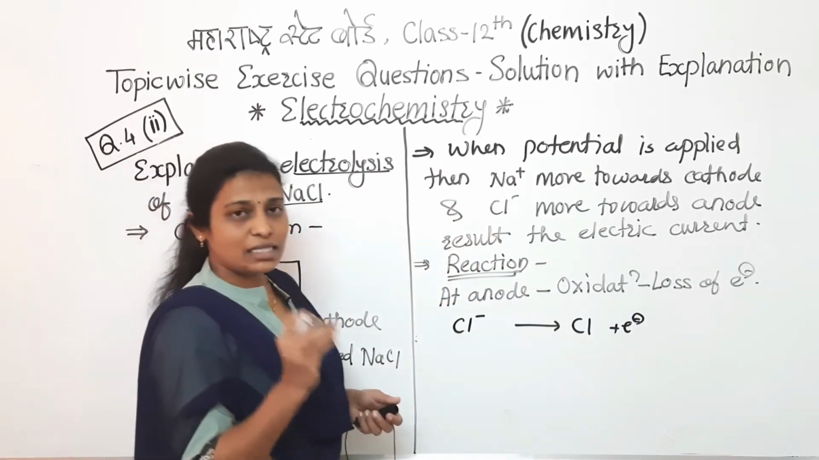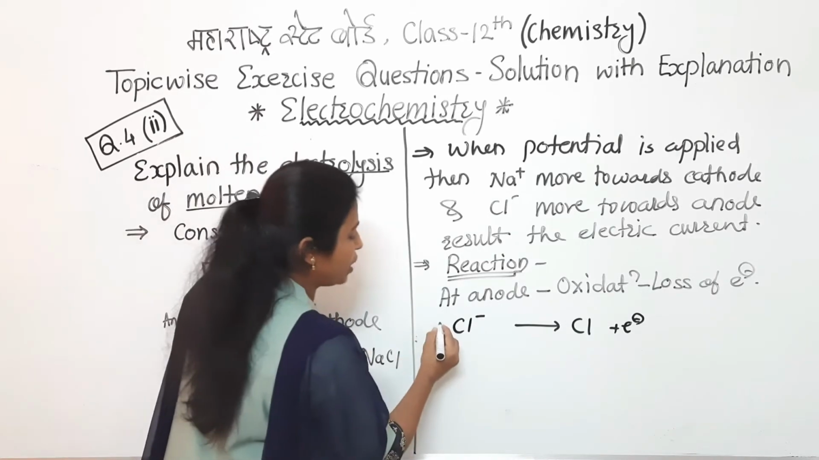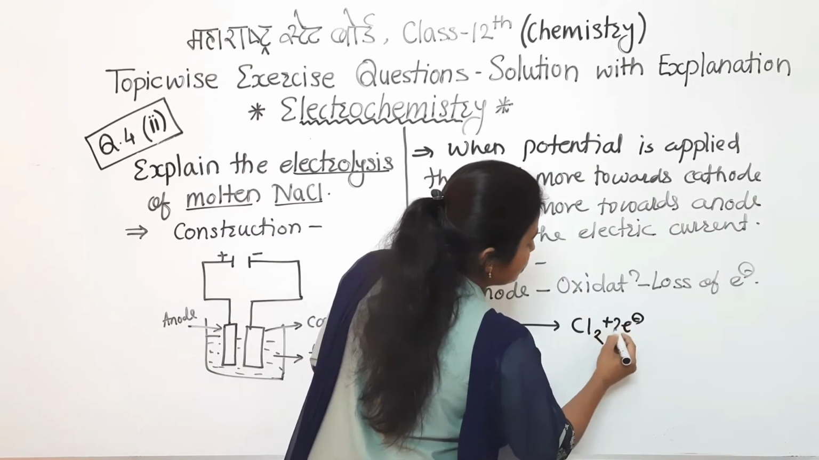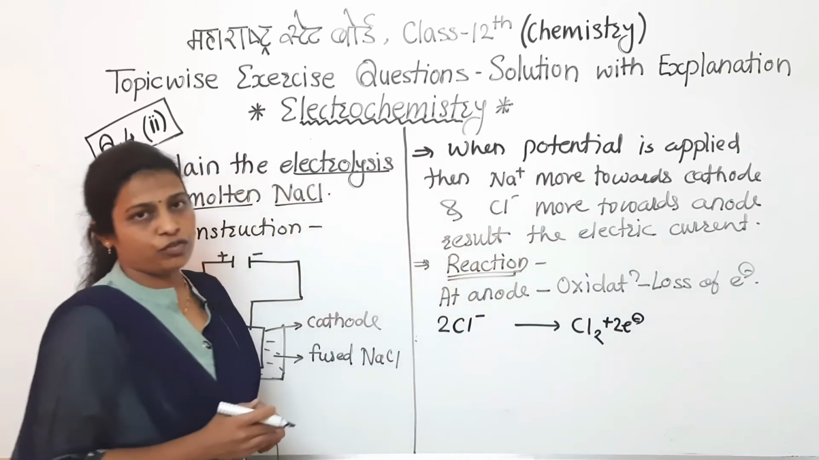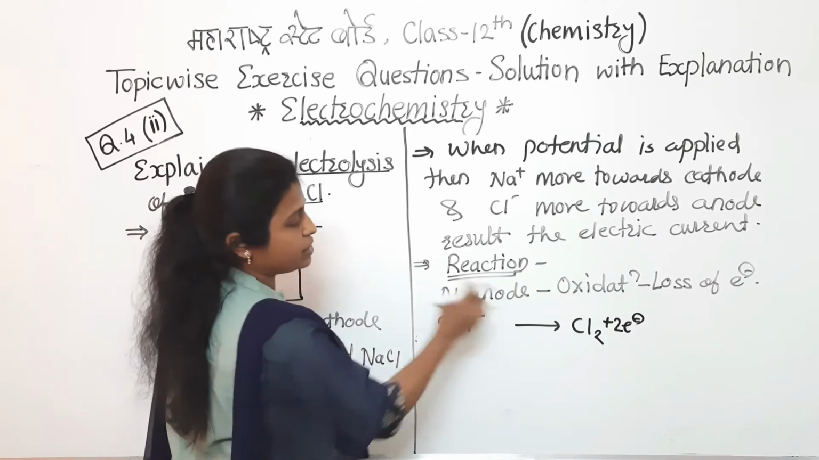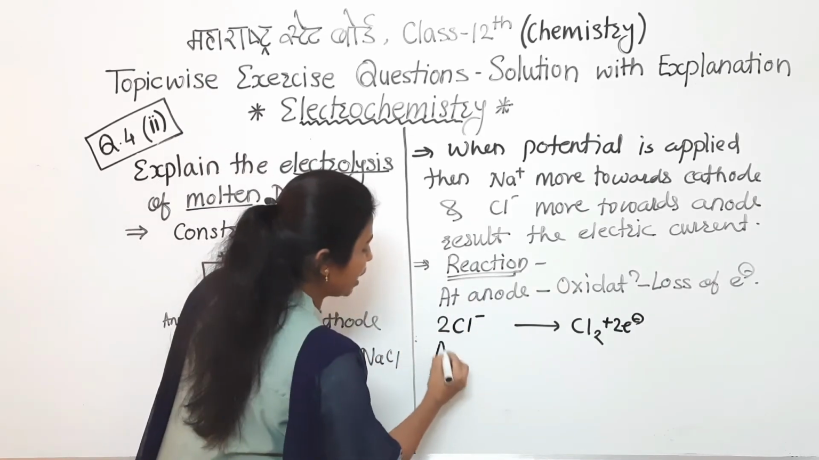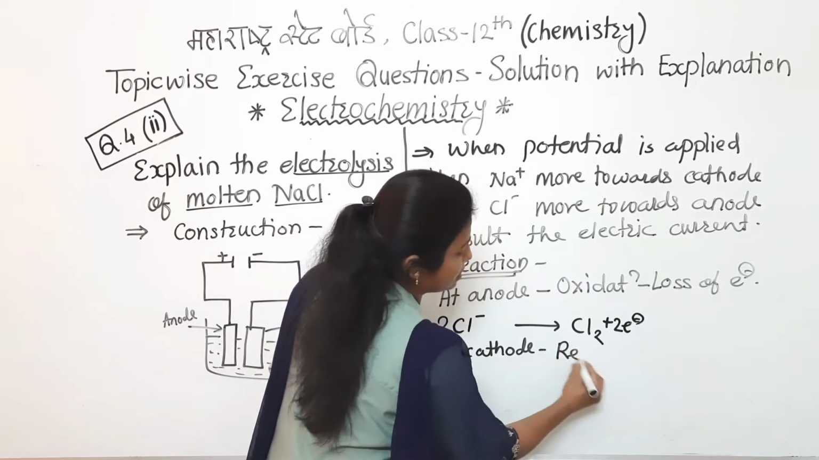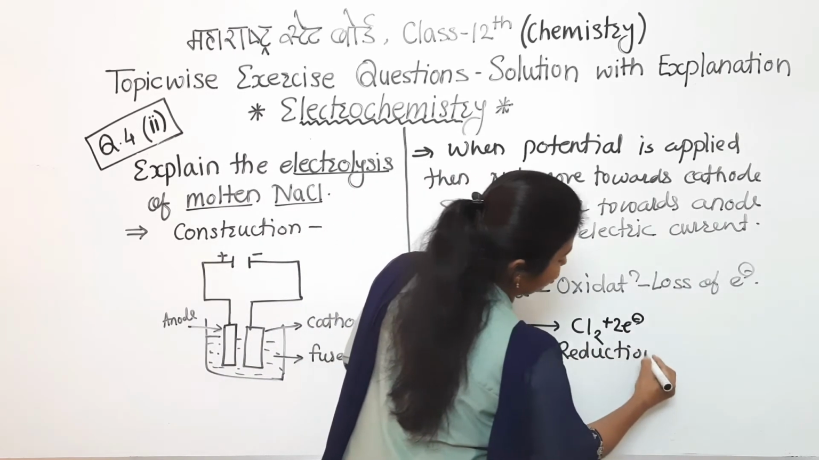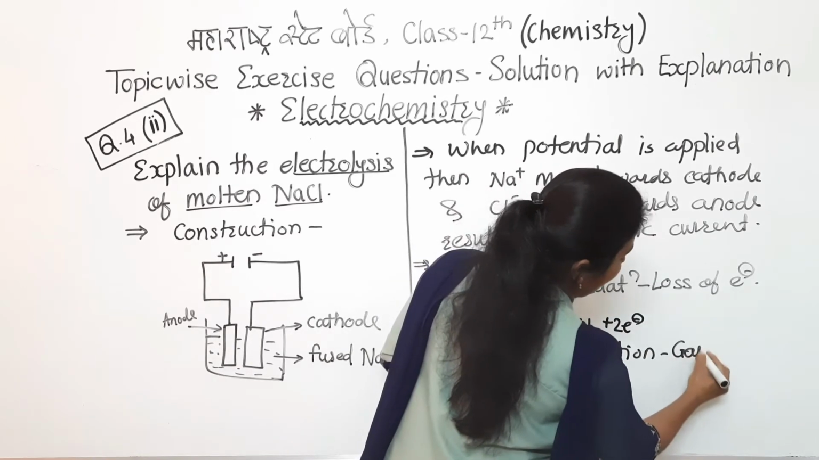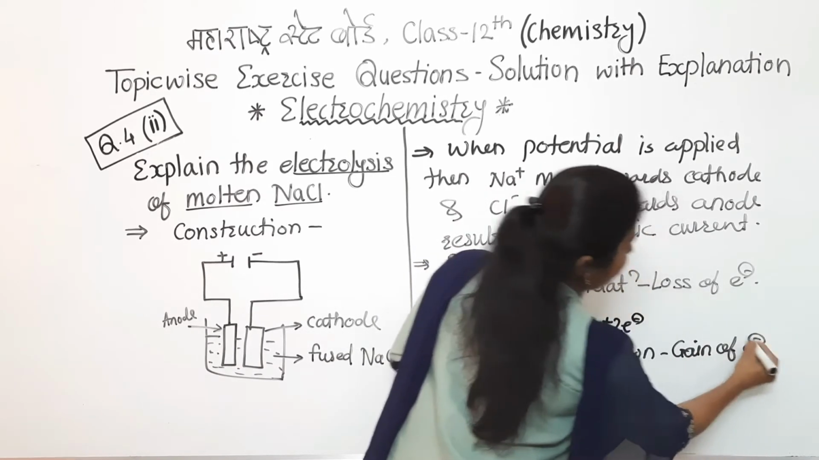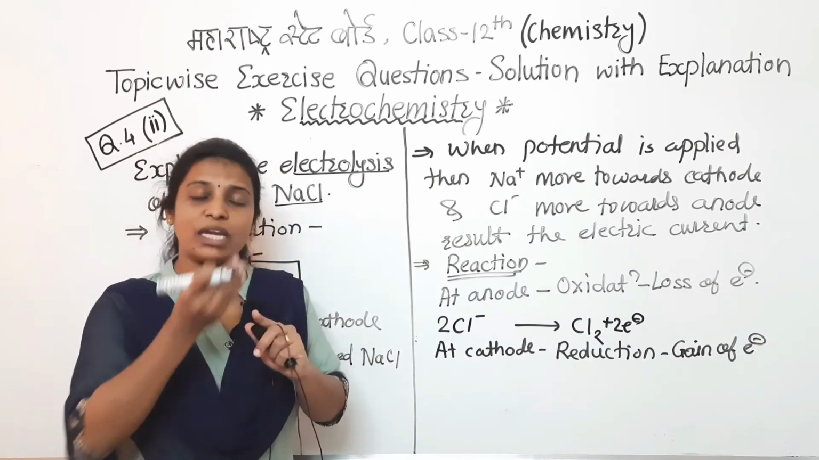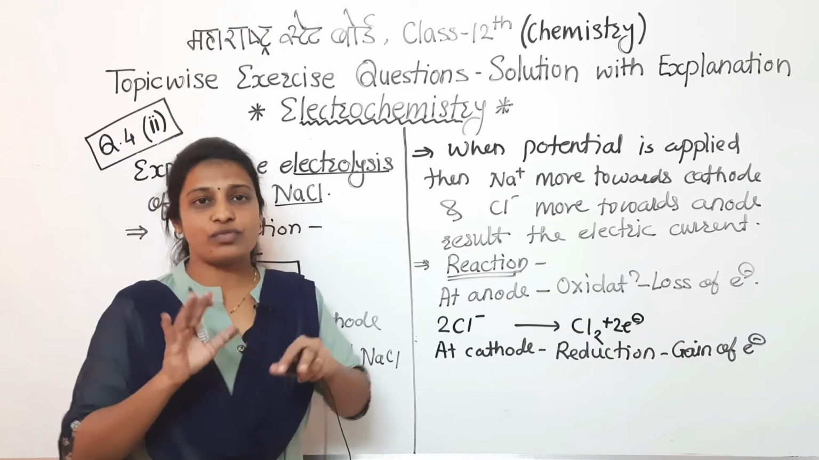But chlorine is unstable in its atomic form, so if we take 2 moles of Cl minus, then there is a formation of Cl2 with the loss of 2 electrons. So this reaction will take place at the anode. What about the cathode? At the cathode, which reaction will take place? As we know, that is the reduction, and reduction is nothing but the gain of electron. Means here, if I don't have one electron, but if I am getting that electron, then my deficiency will get